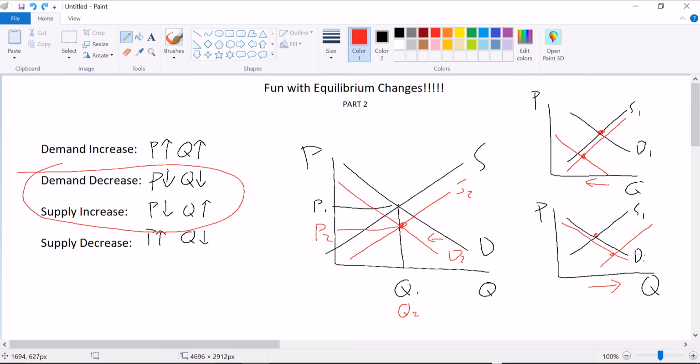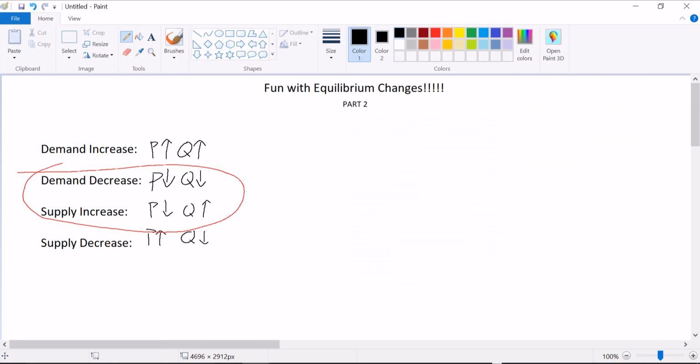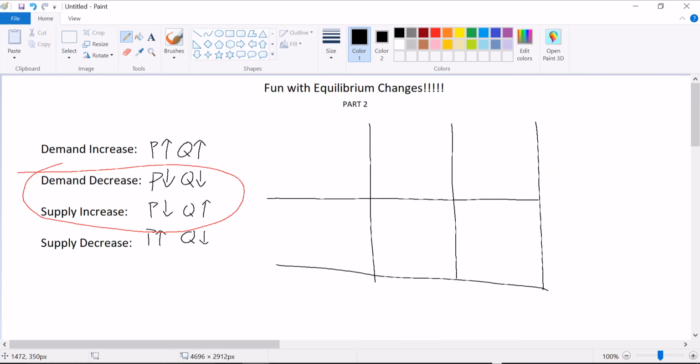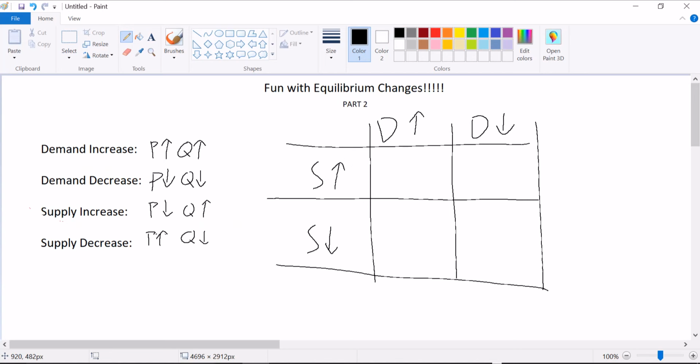And that brings us to the point of this video. So let's organize our 4 possible changes, and we will use them to create 4 possible pairings of double changes in our market. We're going to have a demand increase, a demand decrease, a supply increase, or a supply decrease. And so I'm going to just walk you through each pairing, and we'll figure out what we know and what we don't know. If demand and supply both increase,